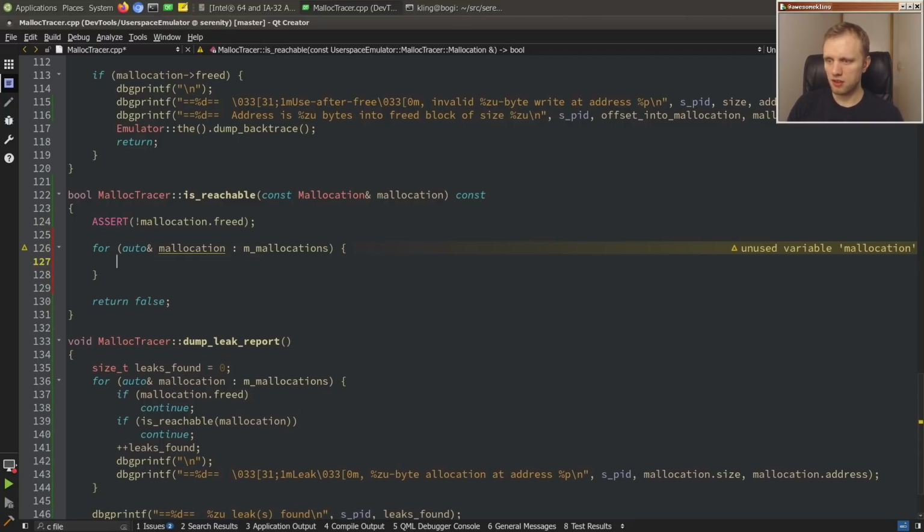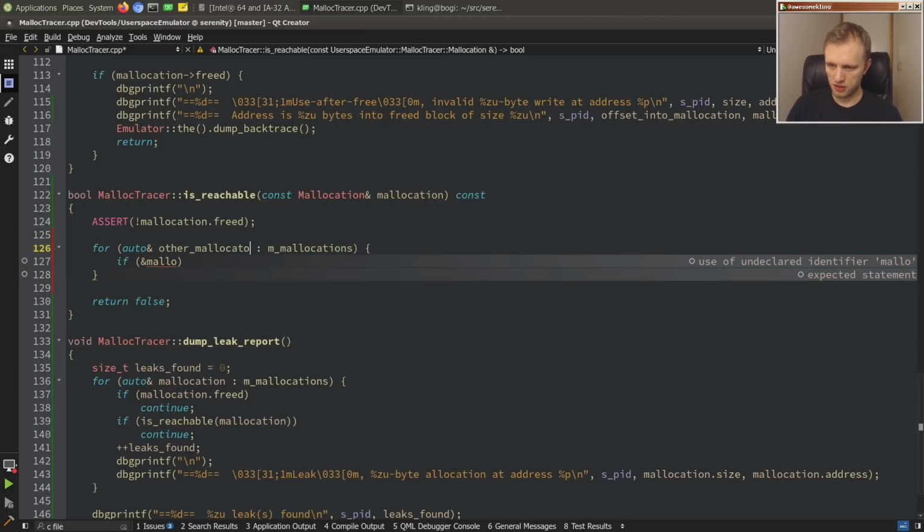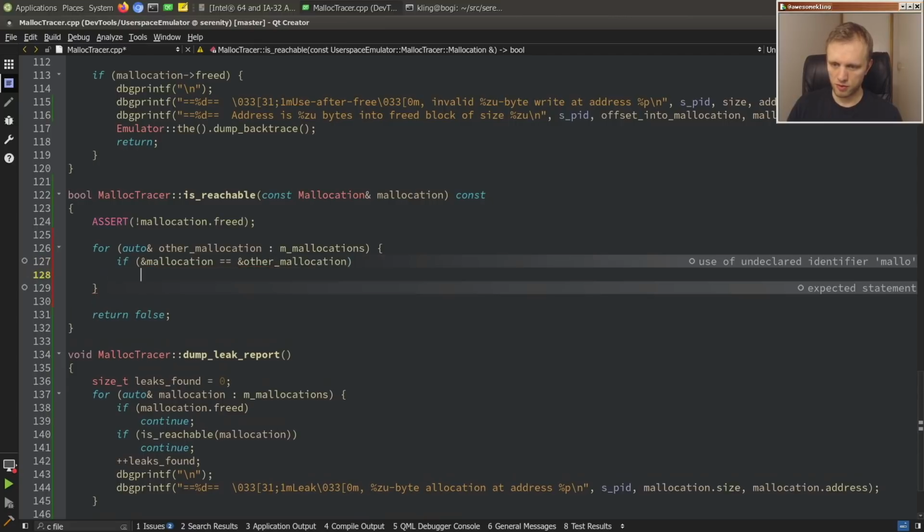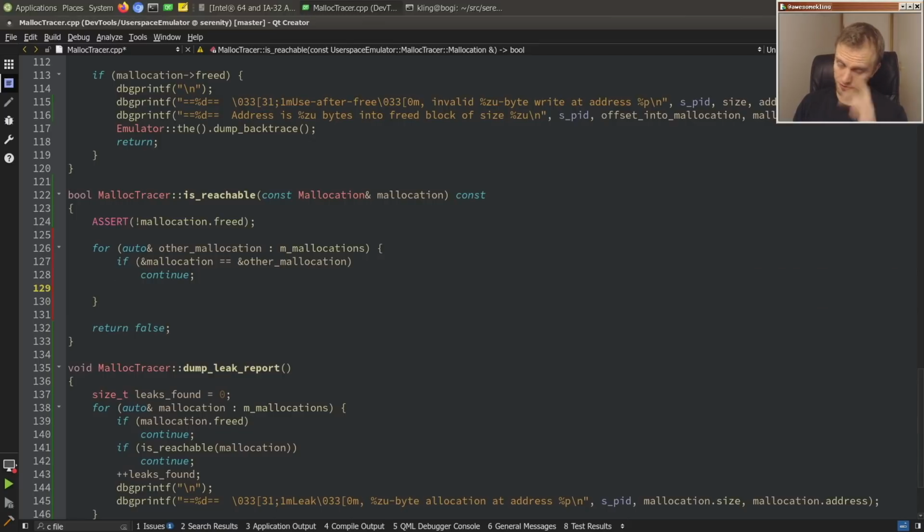That'll be something like if, oh wait, hold on, other mallocation. So if these are the same, of course we'll ignore, we don't want to look in ourself. If you point to yourself, let's say that's still a leak. Okay, and then we just need to scan through this allocation